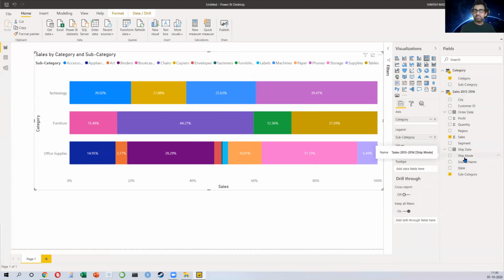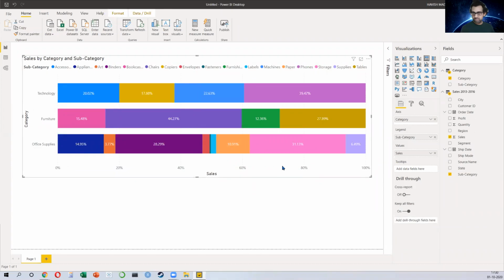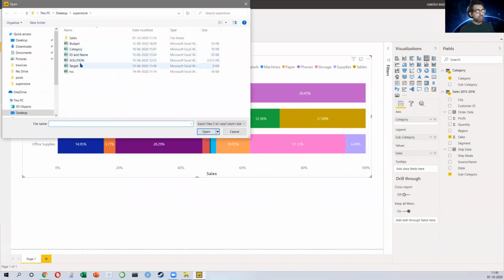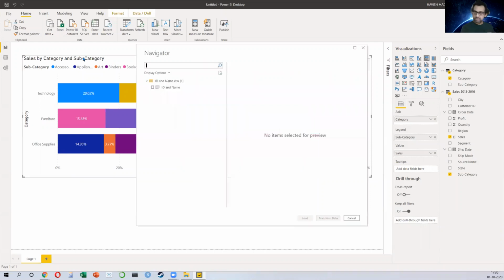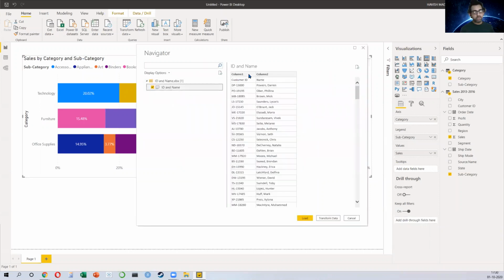How cool is that? Now, before you ask your questions, let me also say that you wanted to see who are the top customers, right? For each one of these subcategories. So very quickly, let's go to Excel. We will click on our ID and name. Exactly what we did, we just practice it once more. We select the ID and name. Same problem. You notice the column heading is not correct. It says column 1 and column 2. It doesn't say customer ID and name.